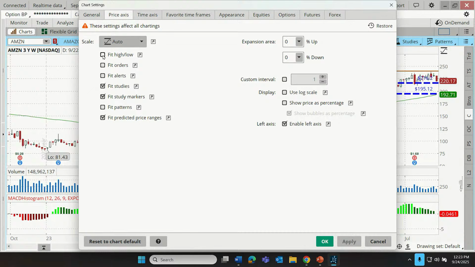So the first thing, we can check the box that says fit high low. That one, there's just virtually no circumstance where we're going to see a big difference between the charts. Conceptually here, it will fit the chart automatically to whatever range is being displayed. It just does that anyway. All right, so this one, it's one of the very few functions where I haven't encountered a big use for it yet. Could just be missing something.